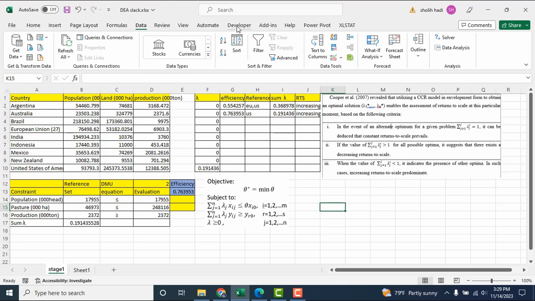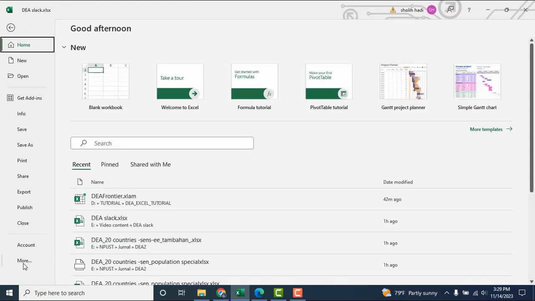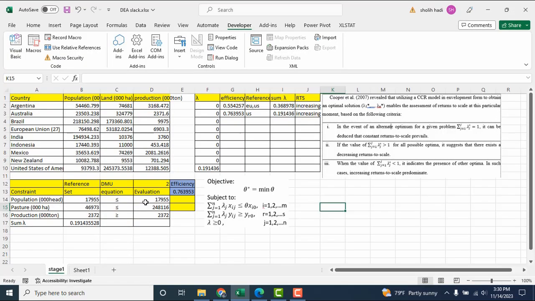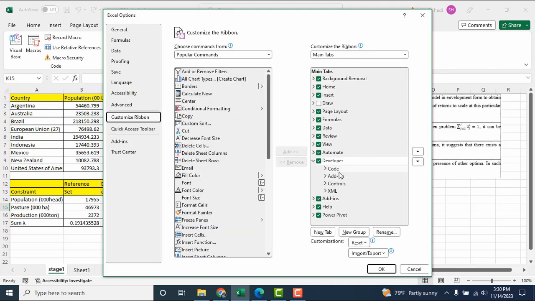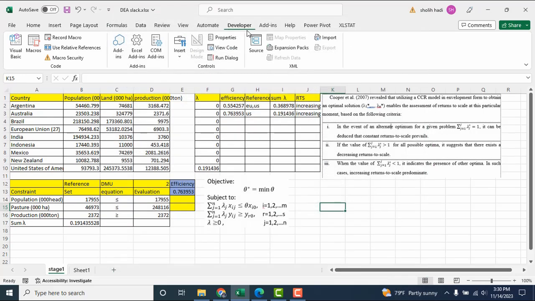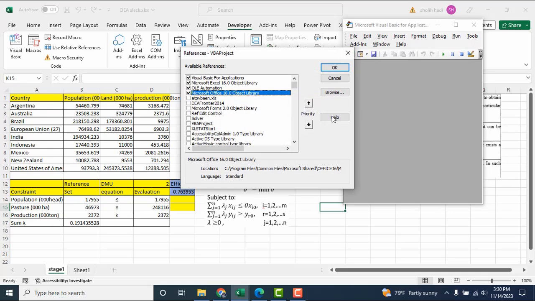First, we should enable the Developer tab. How to get the Developer in the menu? Go to File, Options, Customize Ribbon, and check the Developer checklist, and OK. So Developer will appear here, and then click Developer, and then we click Visual Basic, and then we click Tools, References, check the Solver, and then OK.